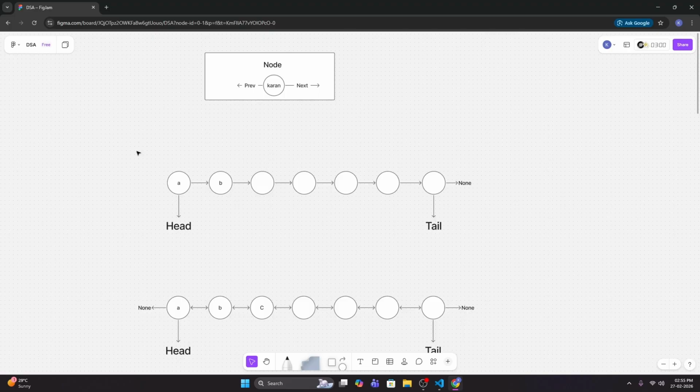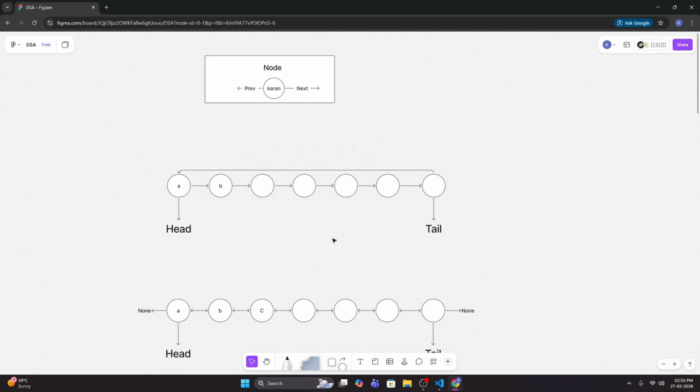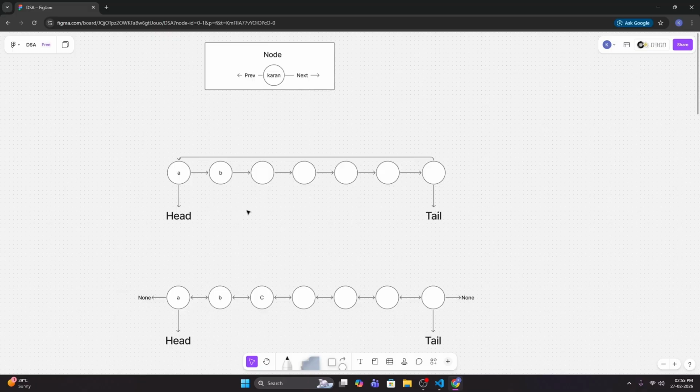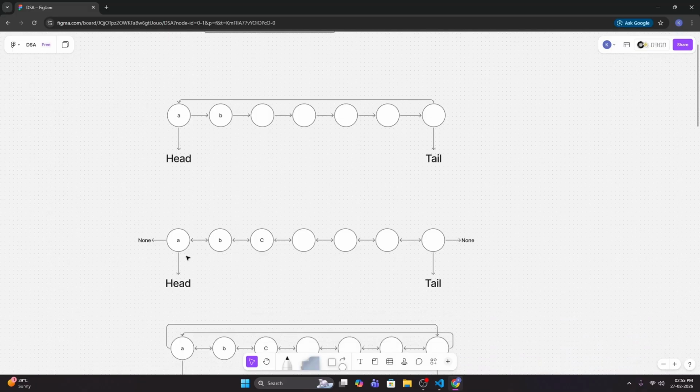First of all, we completed our singly linked list, which was just nodes connected to one another, and the last node was pointing towards null. Then we covered the circular linked list, in which the last node was pointing towards the first one. An example is a Spotify playlist: after listening to all the songs, the first song is played again. After that, we started with the doubly linked list, where we had a playlist,